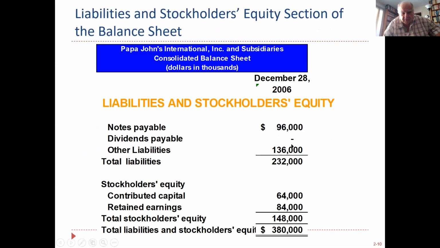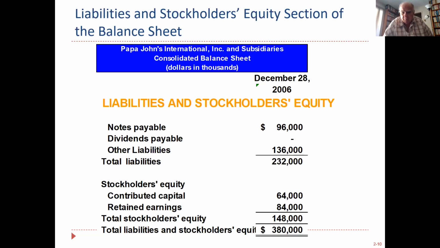And the equipment and assets, so their total assets are $380. And the liabilities, notes payable and others, come to $232. And they have an equity section here with 2 components. And when you add those 2 up, they come back to the $380, okay? Your stockholders' equity has 2 components to start for this class right now. Contributed capital, which is the monies that the company raised either by issuing stock or borrowing, or perhaps the entrepreneurs put their own money in at the beginning. Retained earnings is 0 the first day of the business's existence.